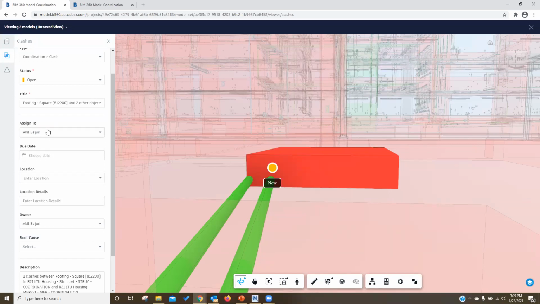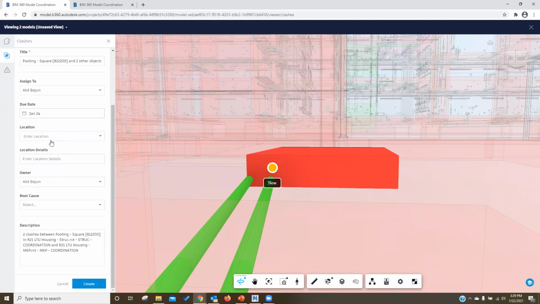And if in the project team you have invited all the contractors or consultants, the electrical consultants and the structural consultants, they will all get to know who is going to be fixing the model. And you can define the due date. Say that you've got 2 more days to repair the model.